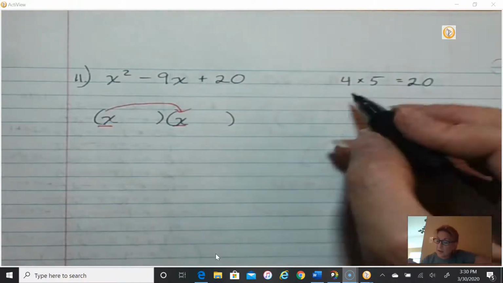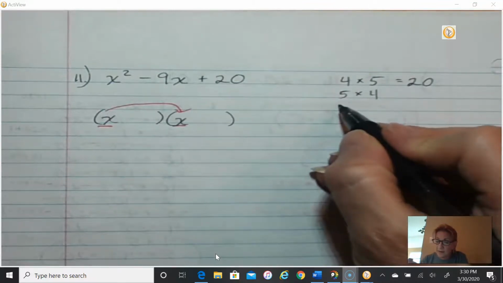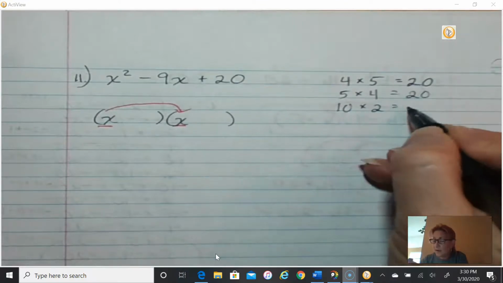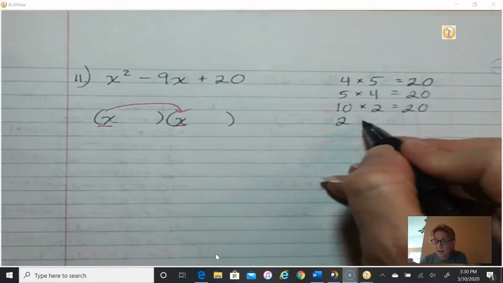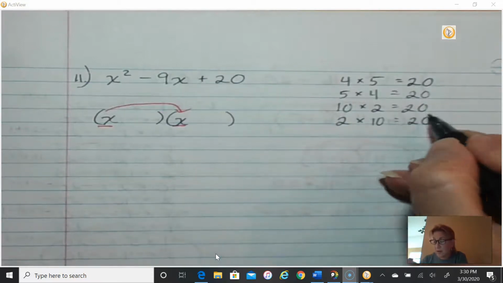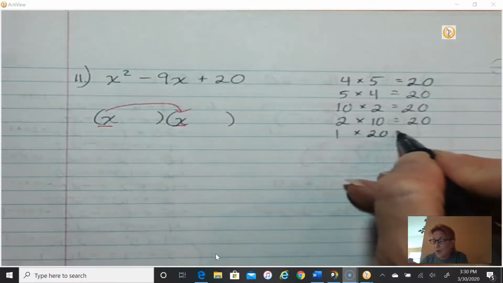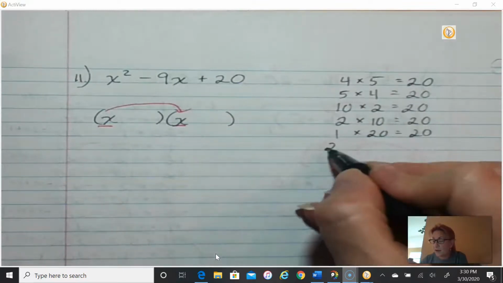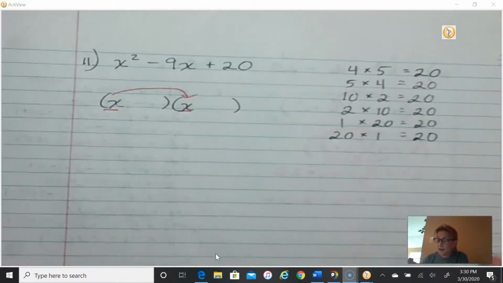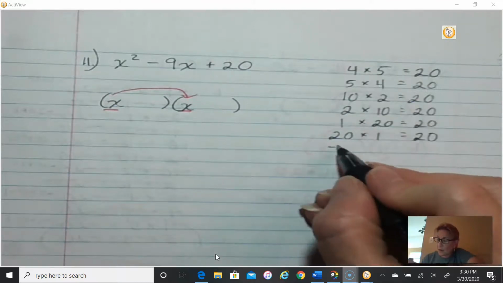Yeah, you should, because look here. All of that, like 10 times 2, all of this is going to, when added, just give you positive numbers. And we're looking for negative 9. But these are all the ways to get 20. So let's look at that too. Okay, now let's start looking at some of the negatives. Okay, negative 4